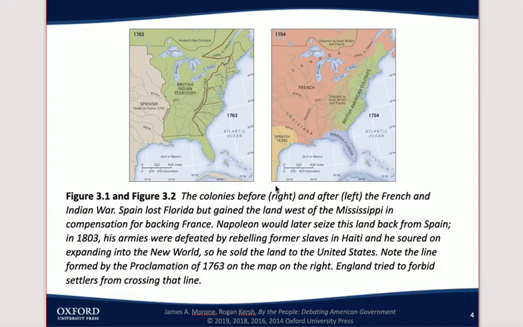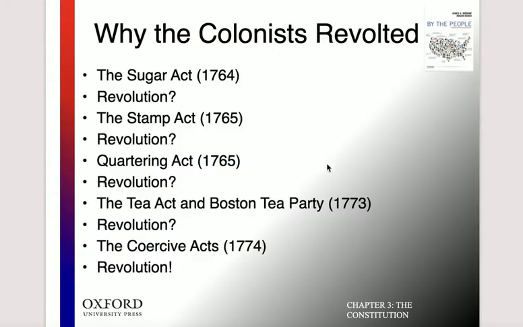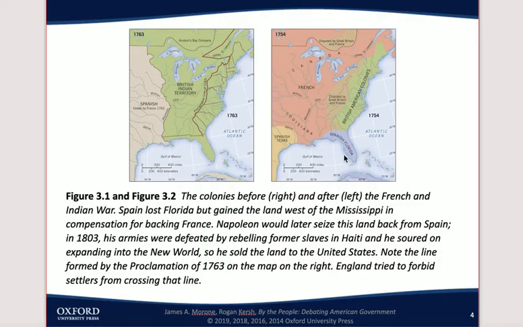As far as the violent borders, just to give you an idea, the colonies right before the French and Indian War were in the green area right here. And Florida was run by Spain. Spain had Texas, and France had this other pink area there. After the war, which the colonists fought side by side with the British, the British expanded their territory to this. However, this line here was made by the British, saying that the colonists could not pass, they couldn't expand to any other parts. So that was another problem that the colonists didn't like, is that they wanted to expand, they wanted to form new states. And then came the taxation after the war was over,